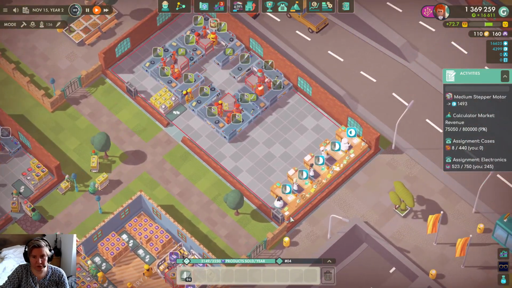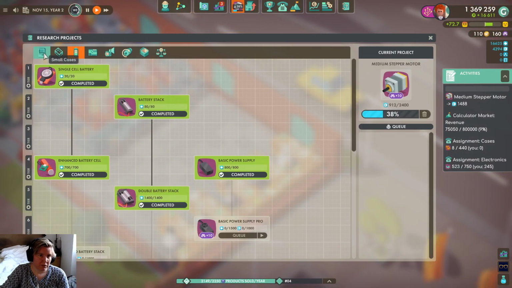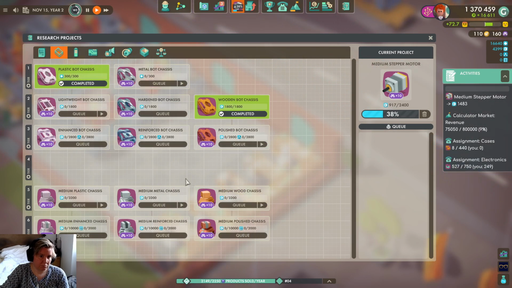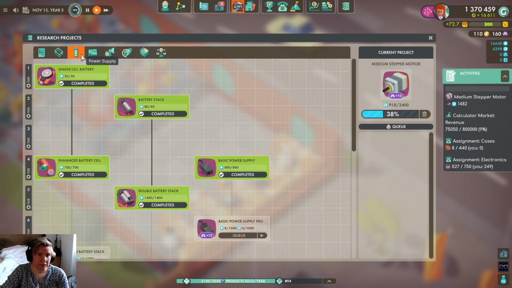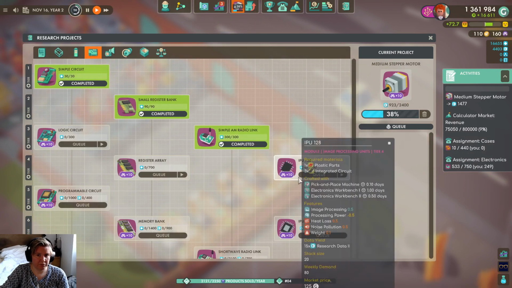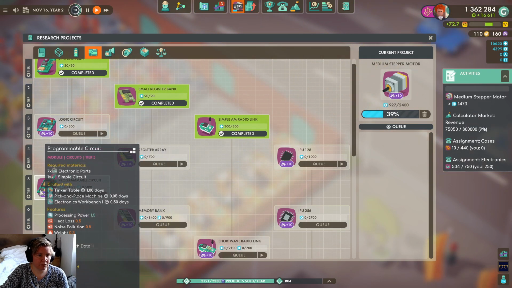Then there is research. These people are researching right now. There's a whole research tree. So you have cases. You have robot chassis or cases. You have different power supply types. You have different electronic bits depending on what it is. Like these ones, I think